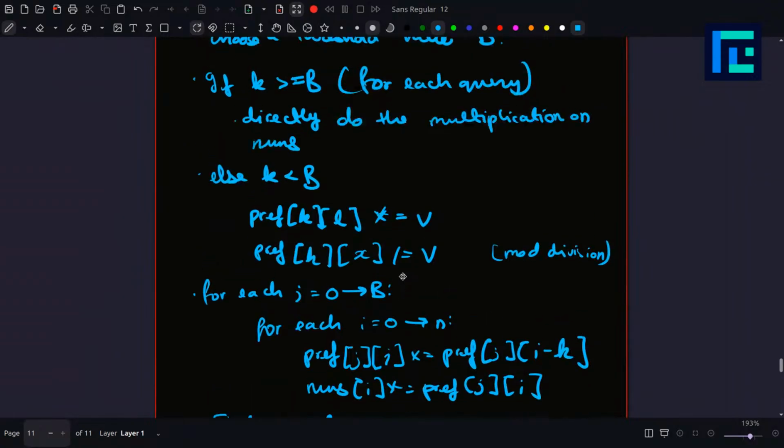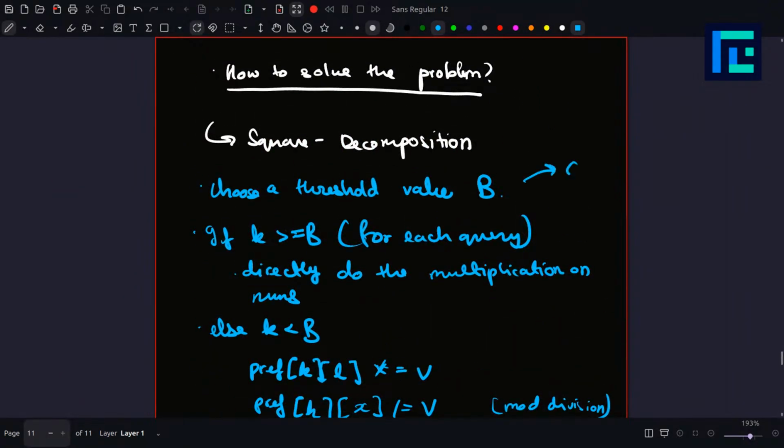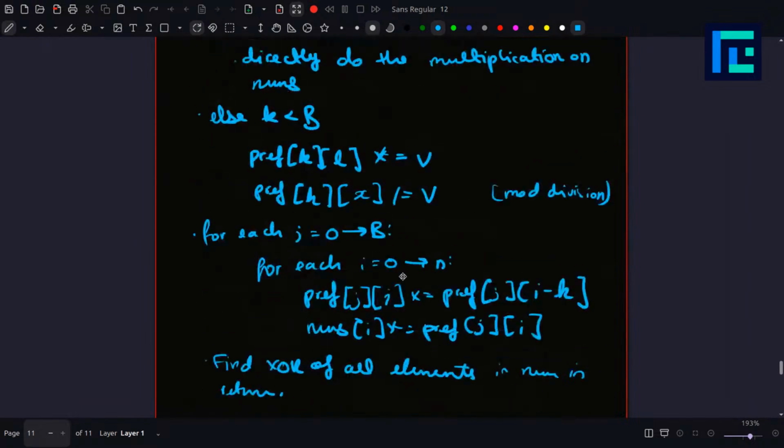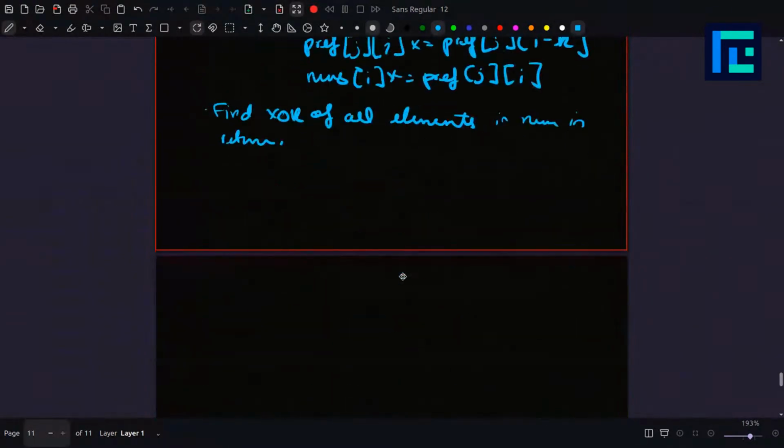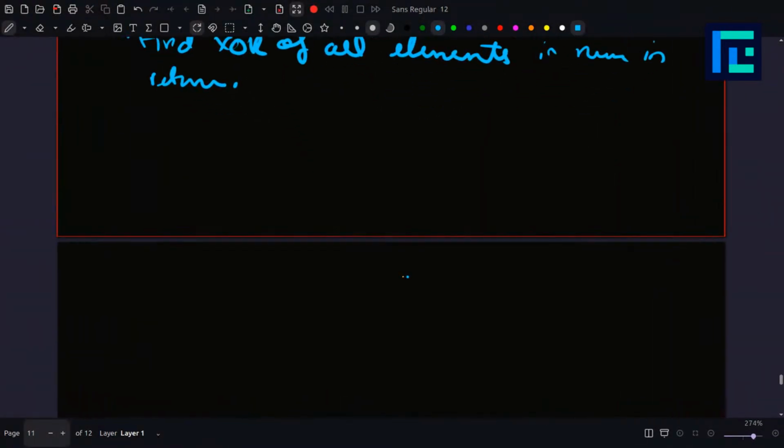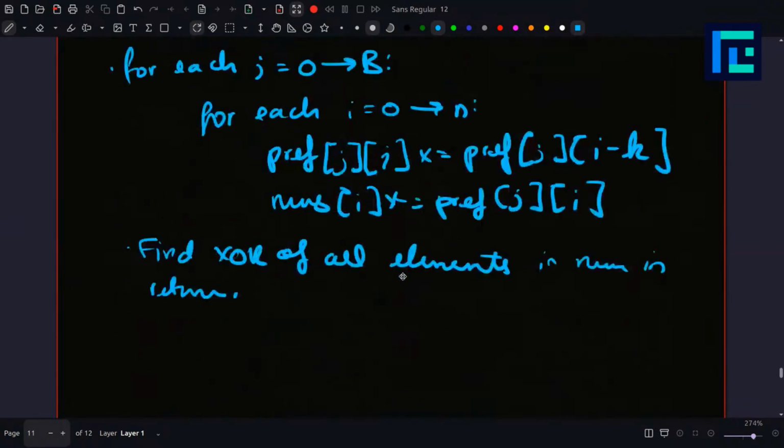And what is a good threshold value? You can show that somewhere around big O of square root of n is a good threshold value. That's why we call this square root decomposition. And let me just tell you the time complexity analysis. So if this is your first time seeing square root decomposition, it might be a bit hard to understand. But the time complexity for this will be,